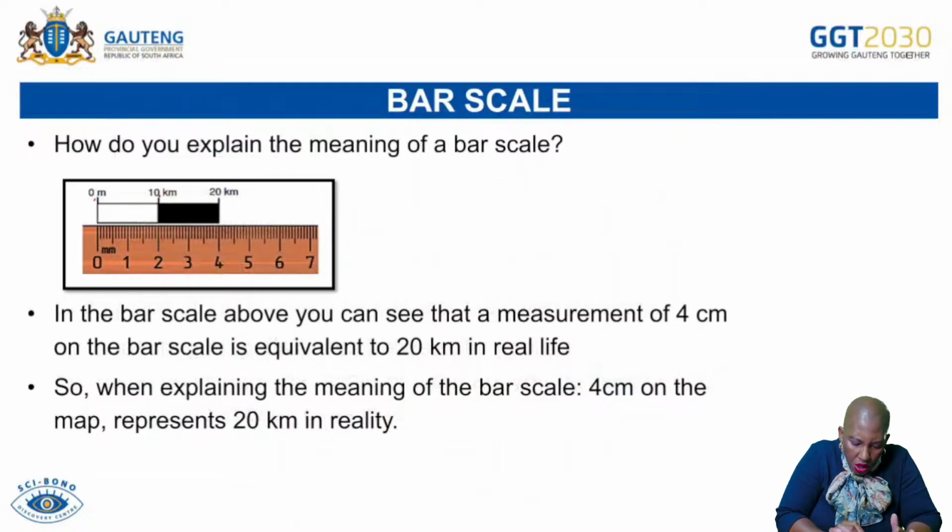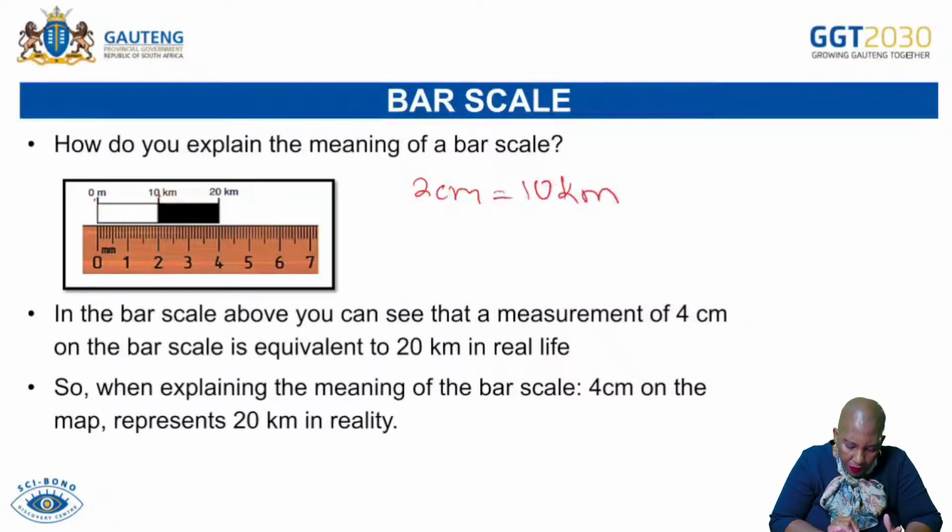So now you know, if it's 0 to 2 centimeters, that means the 2 centimeters represents 1 bar. So 2 centimeters will be equal to what? 10 kilometers. And then 4 centimeters, according to the ruler, is equal to what? 20